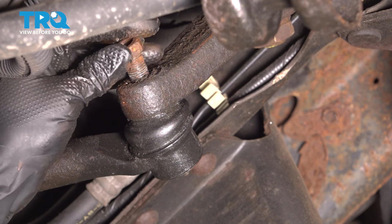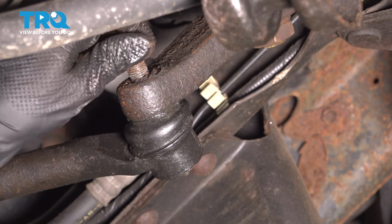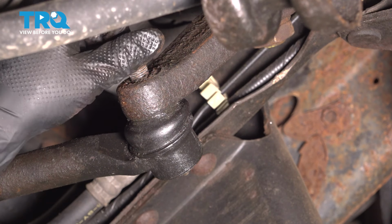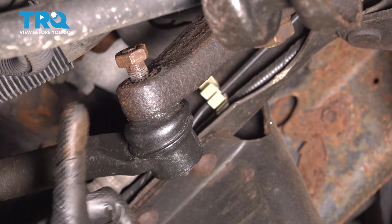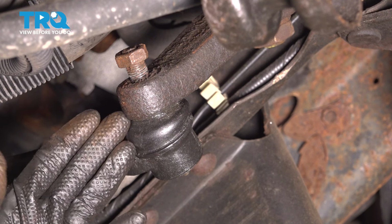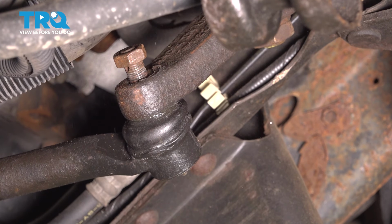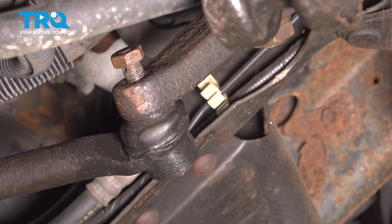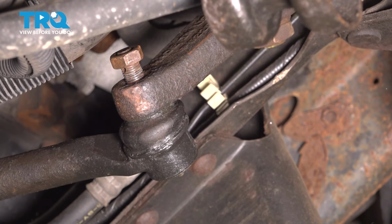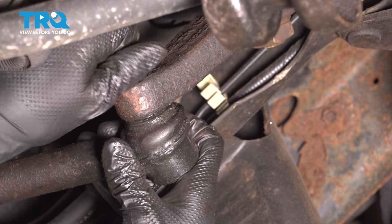With the mounting nut removed, I'm actually going to put it back a couple threads so that when we separate this, it doesn't come flying off. The nut will support it, and we can take it off when we're ready to. Having said that, grab a large hammer, tap right here, and that should separate the stud from the Pitman arm. There it goes. Remove the mounting nut